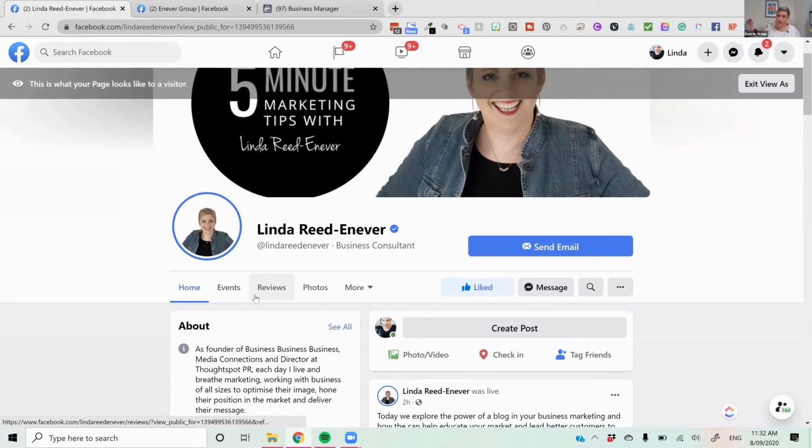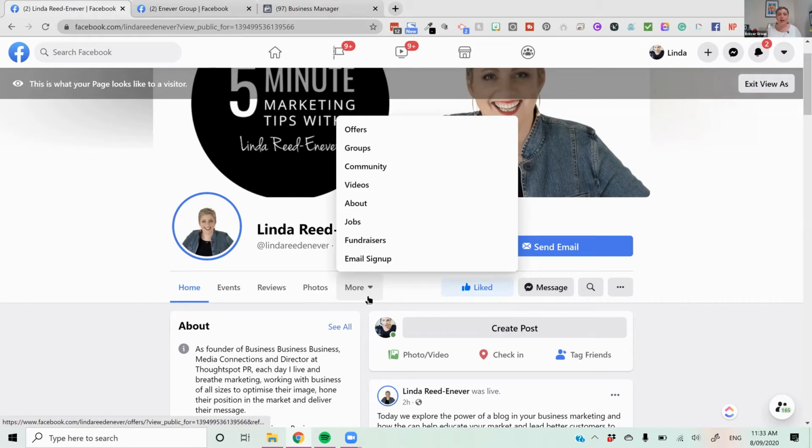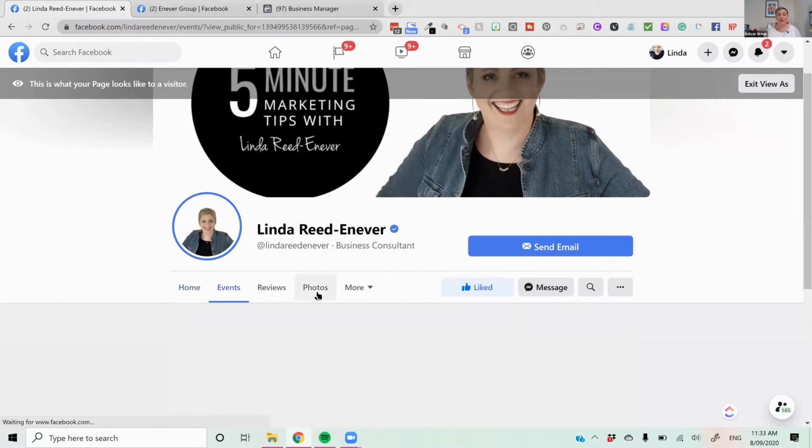They're not getting a large menu like we used to have. They're getting a small menu. So organizing our tabs to be the best way we would like them to be is definitely what we need to do here. So we're looking at maybe I would like to try and get videos in there before photos because I do a lot more video stuff on Facebook, but we've got my home tab, we've got the events tab,